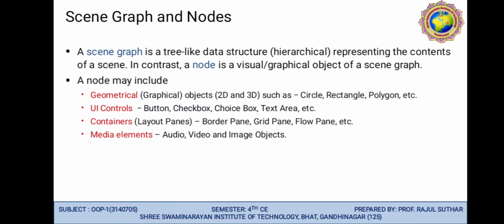Then UI controls, such as button, checkbox, choice box, text area, and containers like layout panes, border pane, grid pane and flow pane. Media elements cover audio and video as well as image objects.